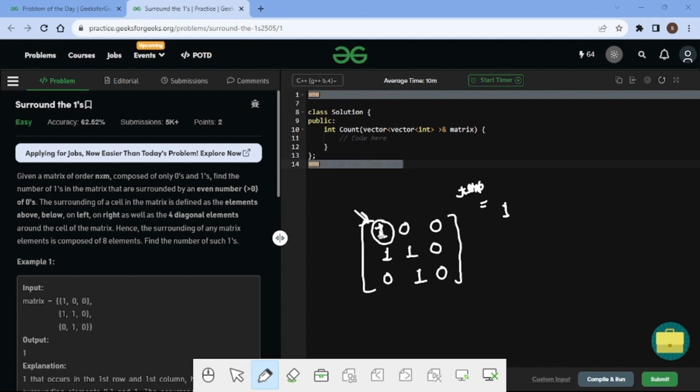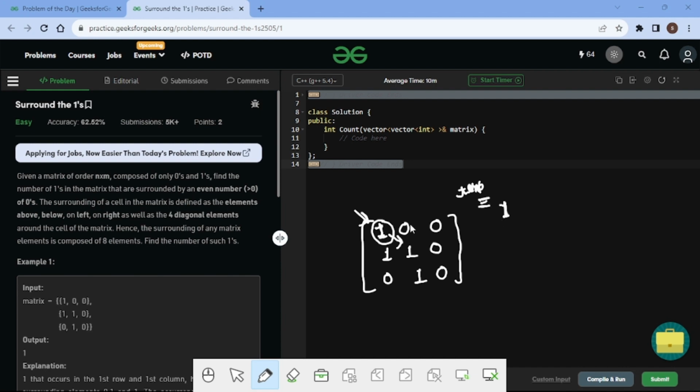For this, the upper diagonals do not exist, and the lower left diagonal does not exist. One diagonal exists, which is the lower right diagonal, which is 1, but we count the number of zeros, so there is only one possible zero.